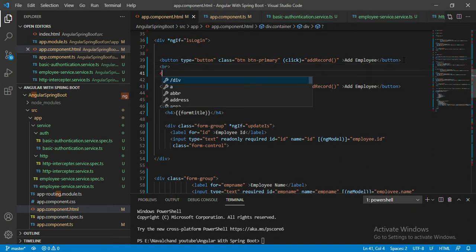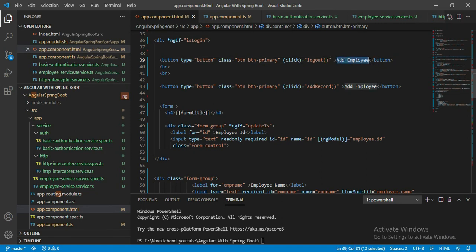Okay, one more br. And I simply add here logout. Also change the text, logout. Save this.